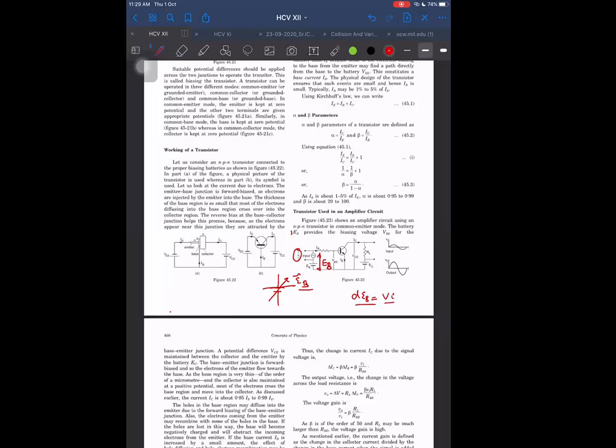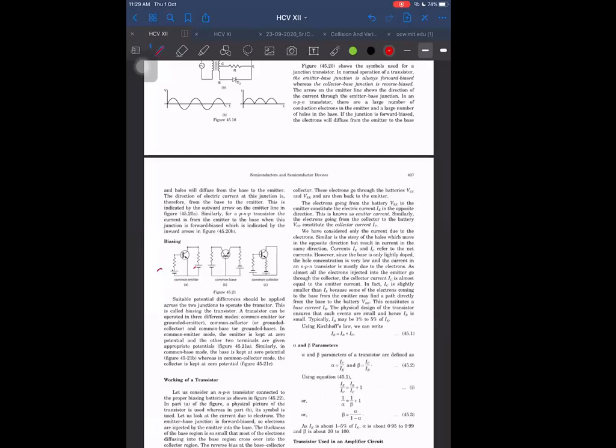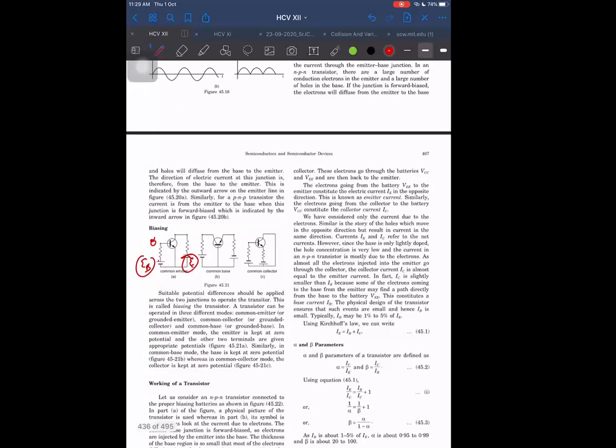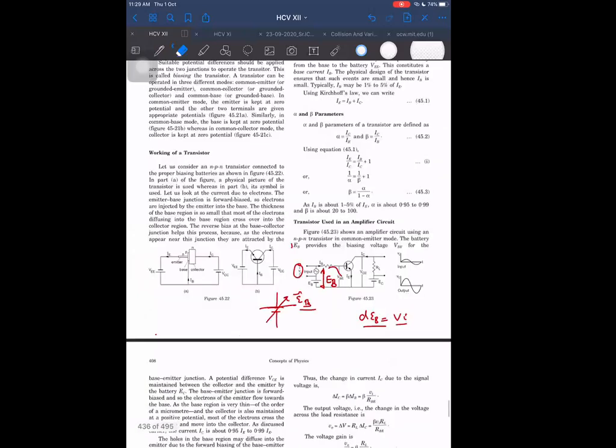If I am able to solve this circuit by taking no signal currents, just EB, the input voltage, and this is the base side, the other side is the collector side, EC, let us say. If I take EB and EC only as DC, can I analyze it even if they are giving us an AC input also in series? Yes, we can analyze. How? In the same equation which I formed in terms of EB and EC, I will write DEB and DEC. Those equations will start giving me the fluctuating input voltage and the fluctuating output voltage, or the input AC and the output AC. So we can analyze directly in this way also.